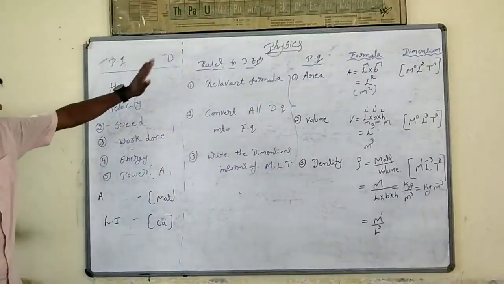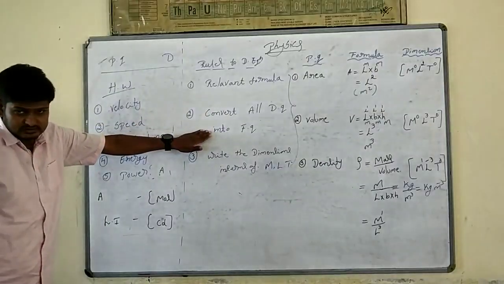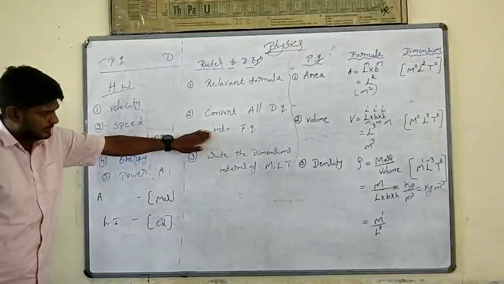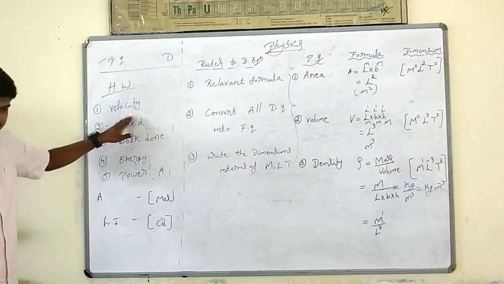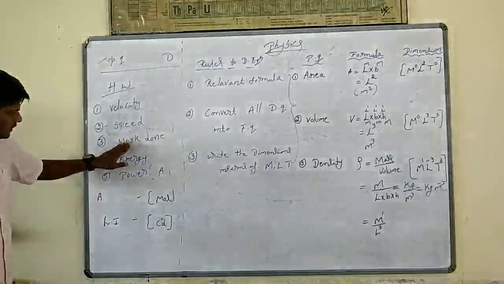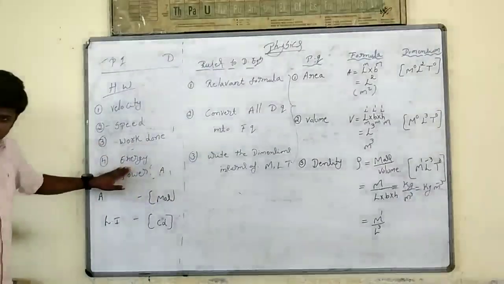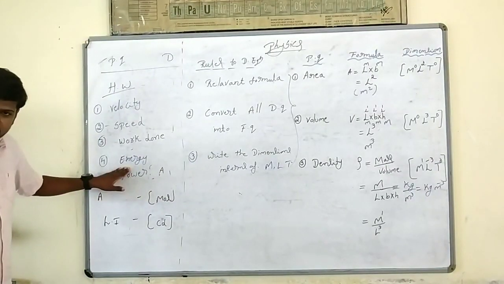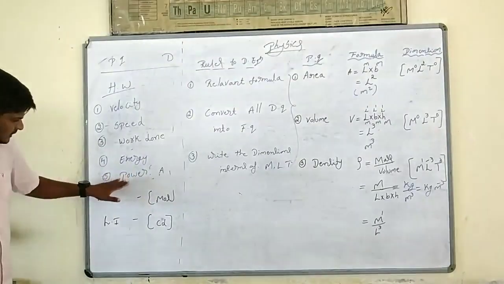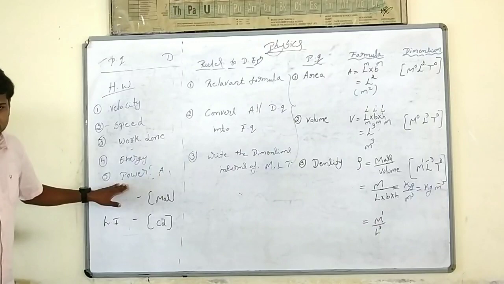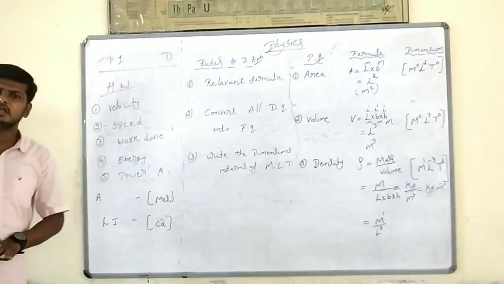Okay, work out. Follow these 3 rules. First write the formula. Next convert all the derived quantities into fundamental quantities and write the dimension. Speed or velocity, you already know: displacement by time; speed is distance by time. Work done is force into displacement. For energy, you can take either potential energy or kinetic energy, half m v square, or you can take m g h. Power is work done by time taken. Using this, we can work it out. We can discuss in the next class.